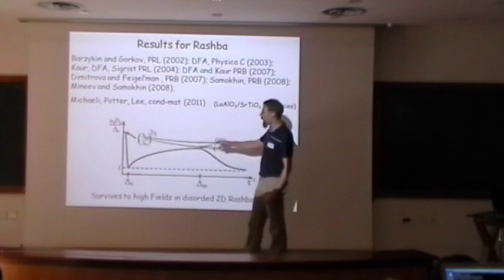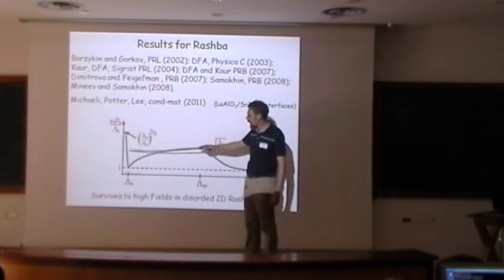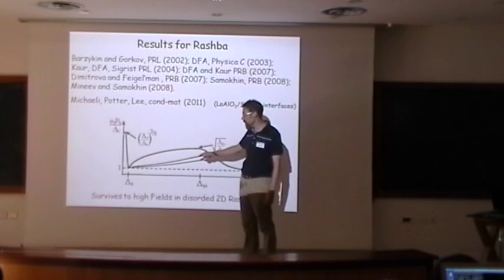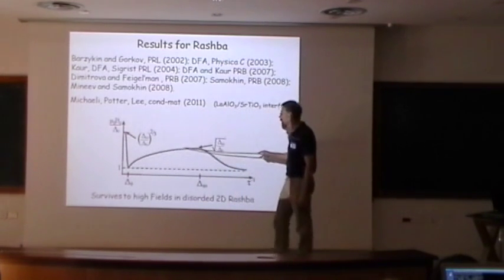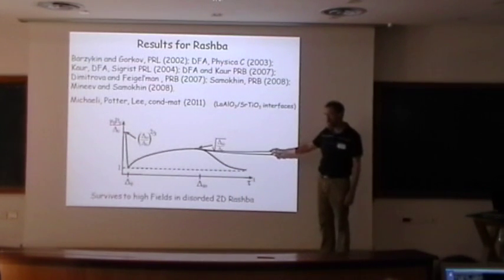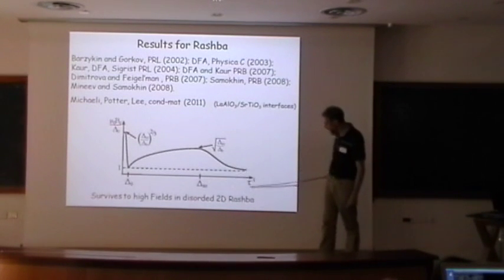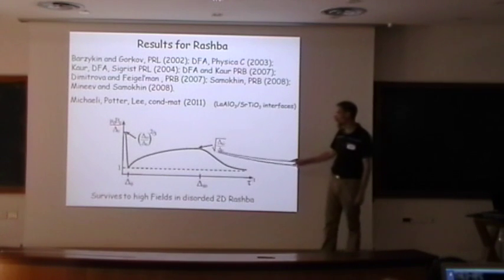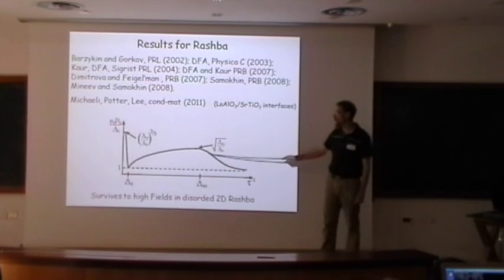But then what they found, and in fact other people have studied this problem as well, is that when you add disorder to that, this field gets rapidly suppressed to something on the order of the Pauli field that you usually get in conventional superconductors. But what they found in their result, which is new, is that if you go beyond that, you actually get a substantial enhancement again of this critical field. And you find that for elastic scattering rates on the order of the spin orbit gap, this is on the order of the square root of delta S0 over delta, the spin orbit energy gap over delta 0. So this is a very large scale.